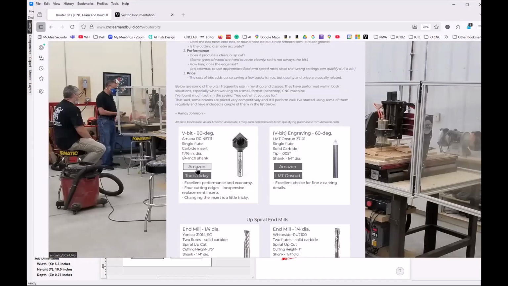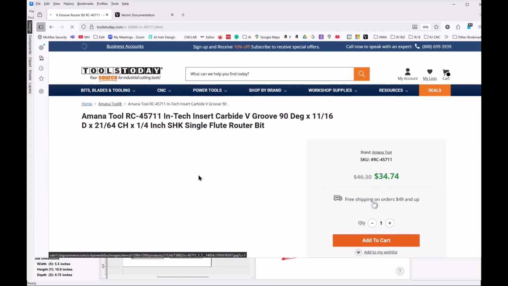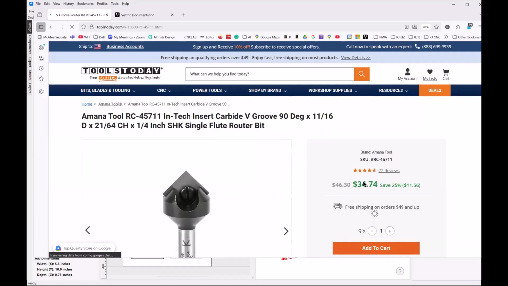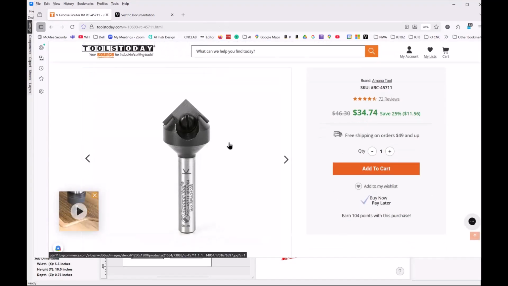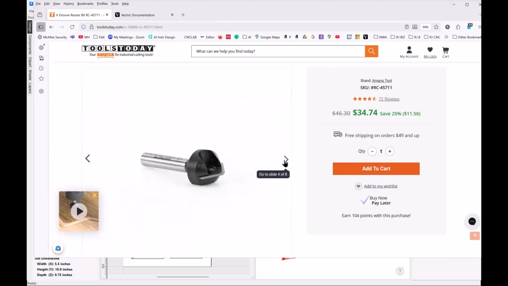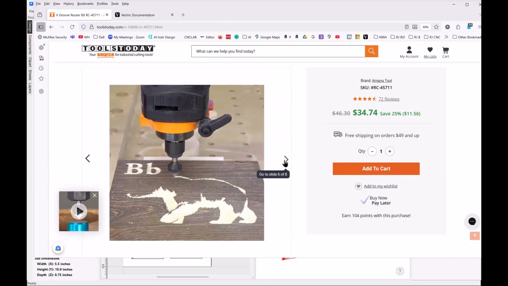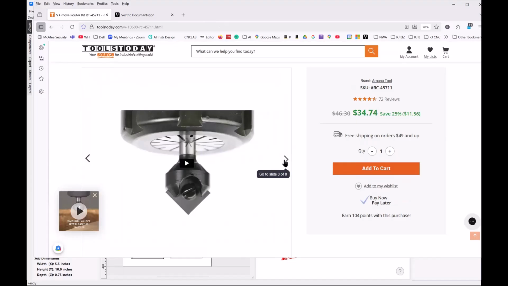Let's see what we can find here. It's available on Amazon or Tools Today. Let's see if this link works. There we go. Okay, so they're selling it for about $35 at Tools Today. And what's interesting about it is you can see the insert. So that insert has four points to it,